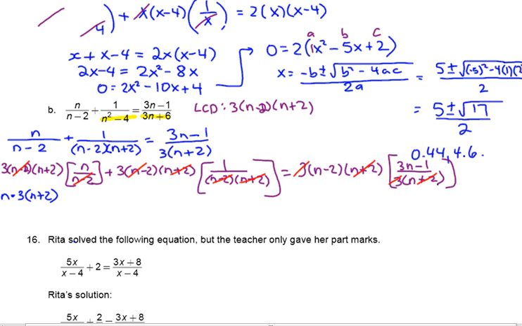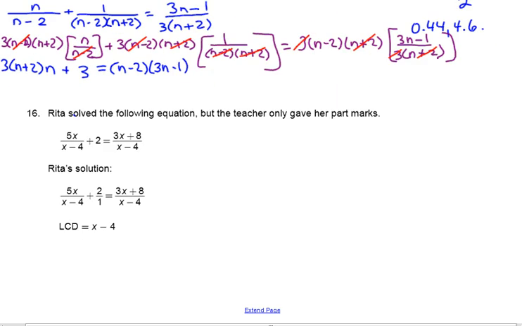Or you can write it as 3 times n plus 2 times n if you like. Doesn't matter. Plus 3 times the 1 is just 3. Equals, on this side, all we have left over is n minus 2 and 3n minus 1. I might actually write that as a 3n. It's kind of ugly with the 3 on one side and the n on the other. So bringing in the 3n,